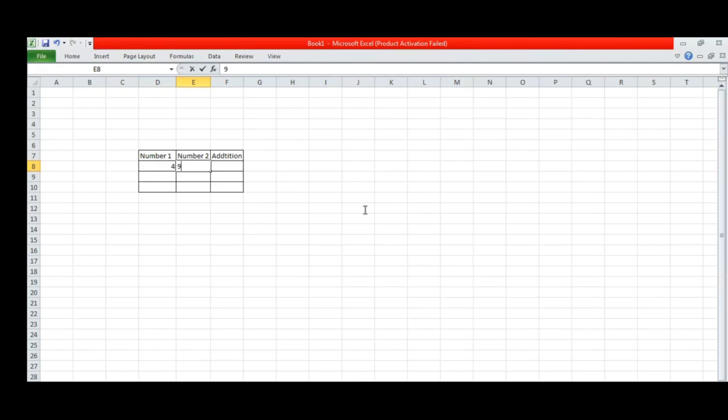Now the formula will be: equal sign, then 4 plus 9. Press enter. What happened? 13 will be displayed in the addition column, meaning we are using a formula here. Again I will explain: 8 plus